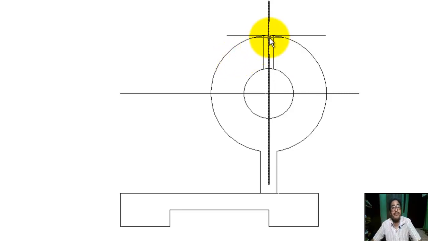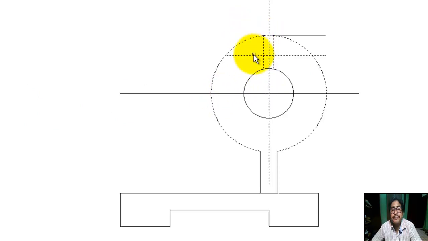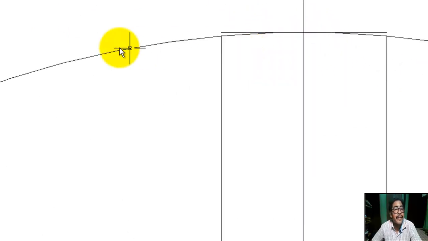Tap is 12 millimeter depth, so offset 12 millimeter, offset distance 12, select object to offset, specify side. Next, trim command, trim this portion, trim this line, this line, this line, this line, erase this portion,